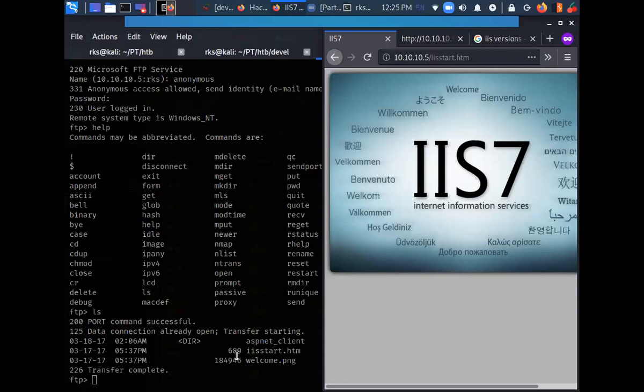I know that the target is a Windows server, an IIS server, a Windows based system, and I have FTP access. I have a web server to execute something. So can I upload an exe file here?